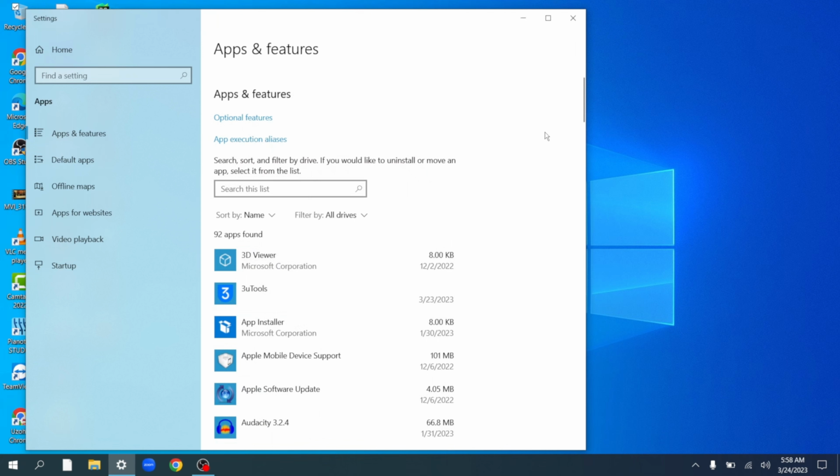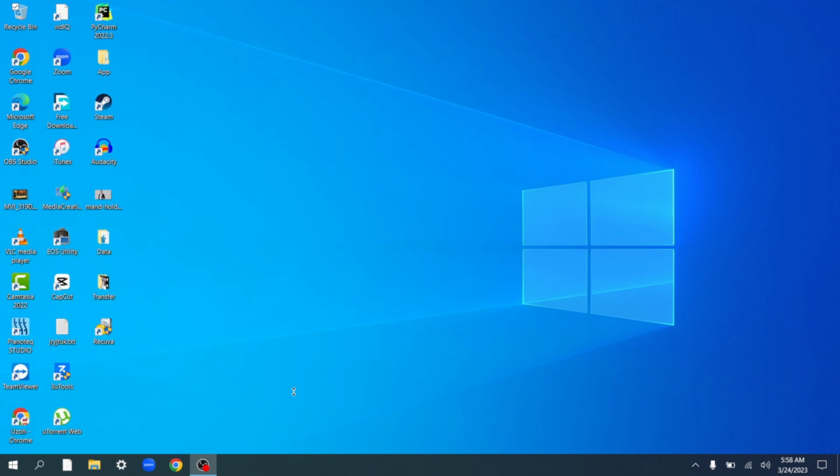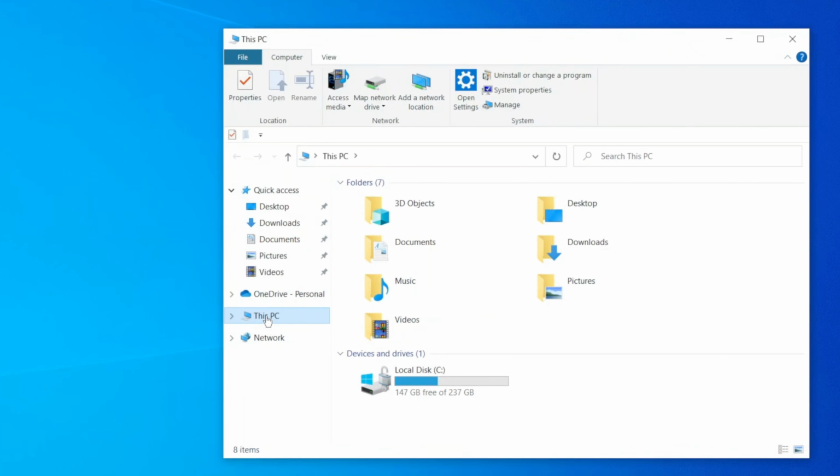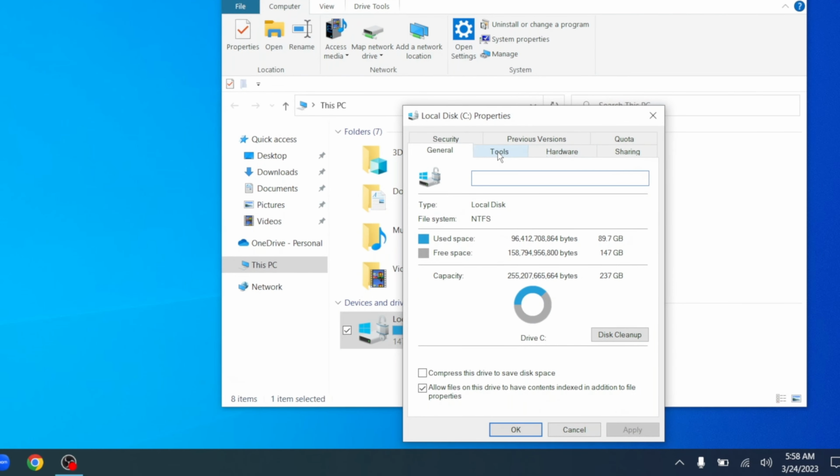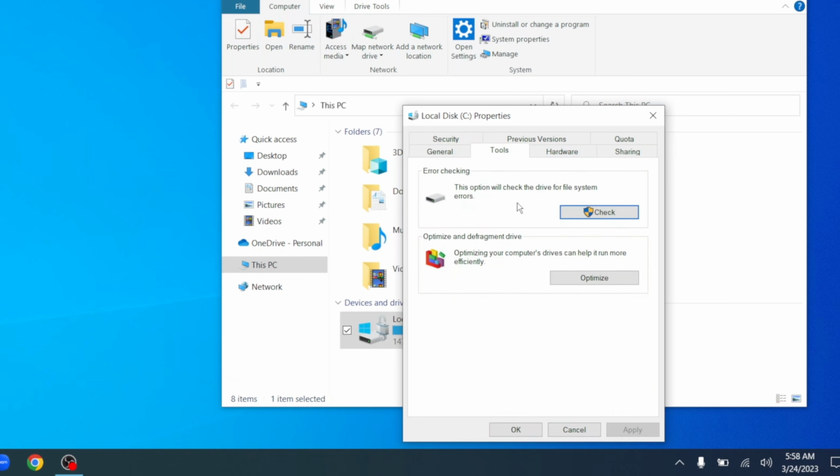All right, we'll move over to the next step, which is optimizing our C drive. We're just going to open our file explorer. Go to this PC, and here you can see all your drives. We're focused on the C drive currently. I'm going to right click, go over to properties, and then go to tools.